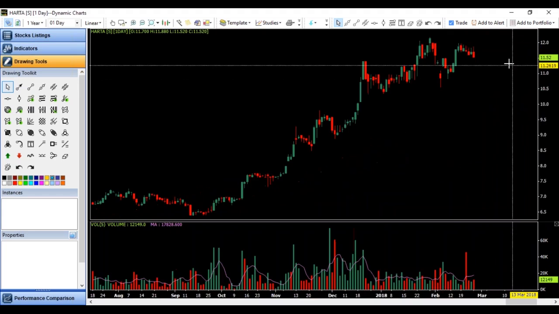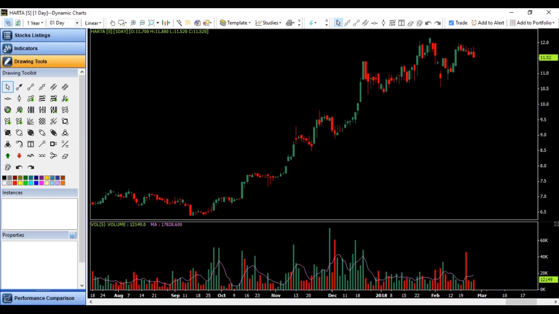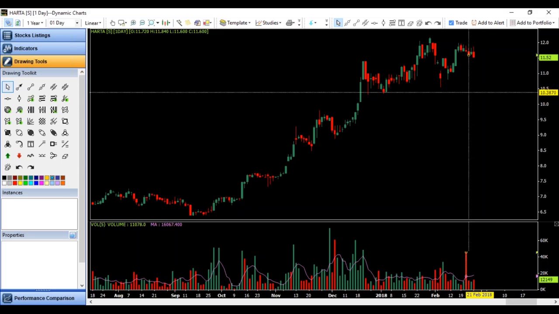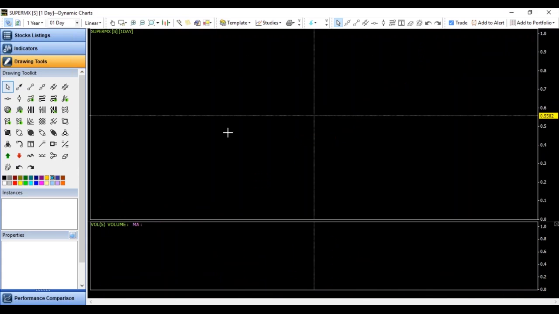Second is Harta, and it's been in a consolidation over here, but above 12.18 this can move well. But this is something on the higher side, so utilize the dips. I would not suggest to buy on the highest price. One should be able to basically